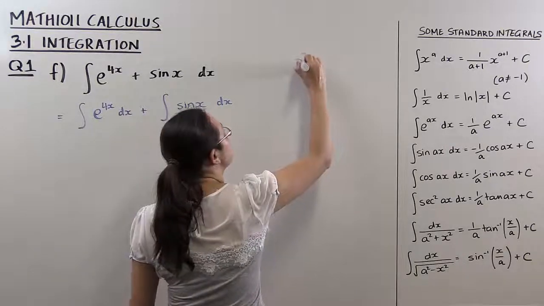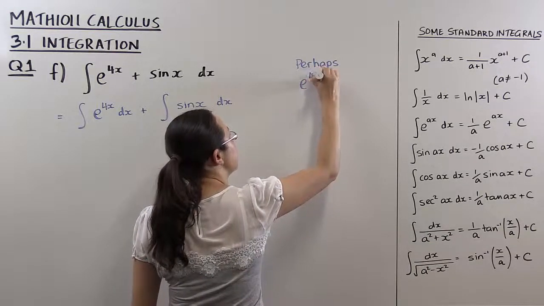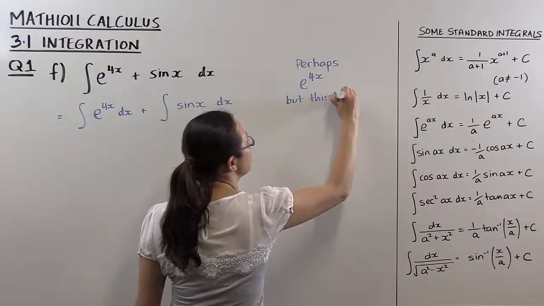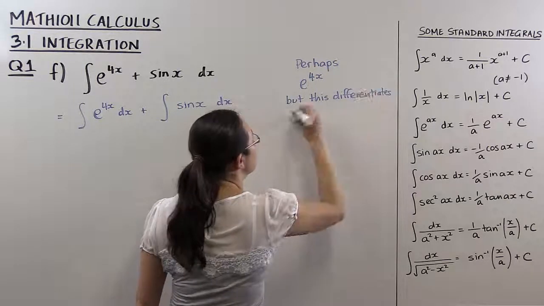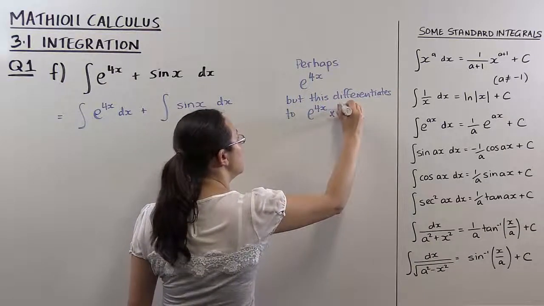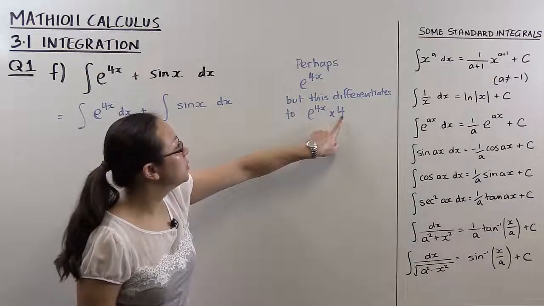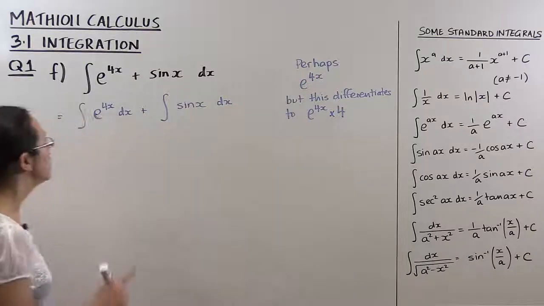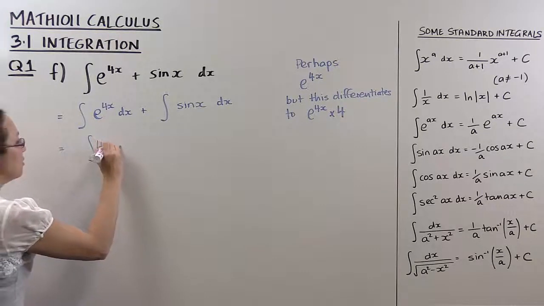So perhaps e^(4x) is going to be the answer for that first one. But remember, this differentiates to 4 times as much. This actually differentiates to e^(4x) times 4 because of the chain rule. So this can't quite be our answer because 4 lots of e^(4x) anti-differentiates to e^(4x) here. So if I want to be able to find an antiderivative there, I really need 4e^(4x)